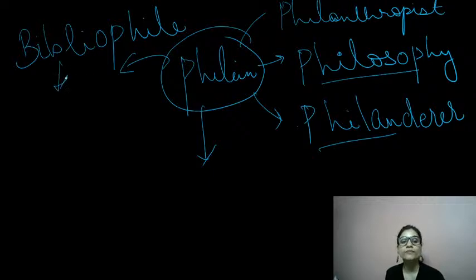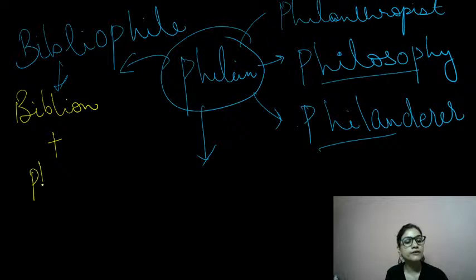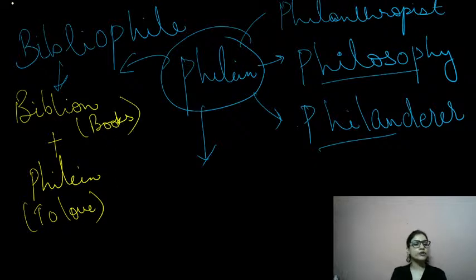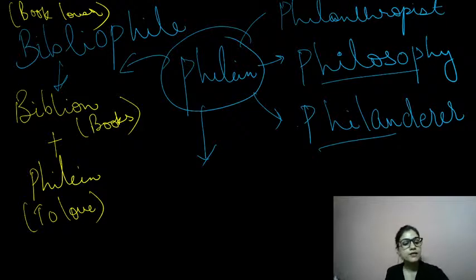these words? Let's talk about bibliophile first, right? So bibliophile, if you see, this word comes from biblion plus philain, right? One word is biblion and then the other word we have is philain, right? Philain means to love, biblion means books. So a person who is a book lover is a bibliophile, right? This is a book lover. A person who loves books is a book lover. That's a bibliophile, right? Similarly,